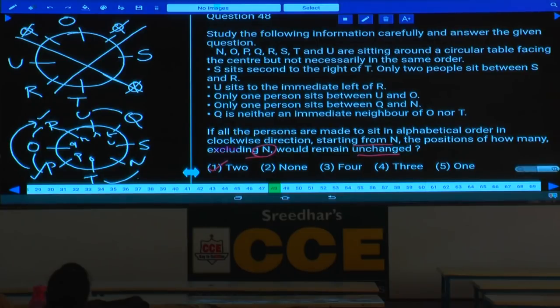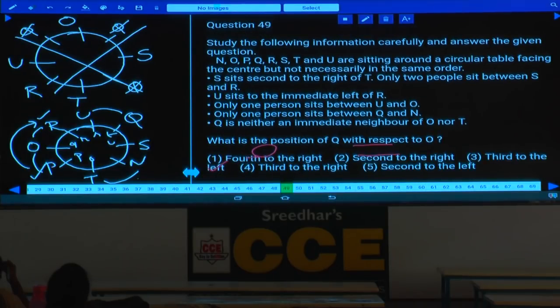There are only 2 persons remain at the same place. Who are those 2 persons here? P and R. P and R are the 2 persons who remain at the same place. Then 2 persons that is given in choice 1. 48, choice 1 is the answer. Then what about